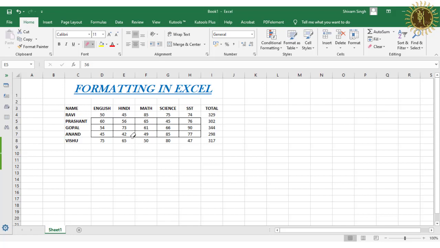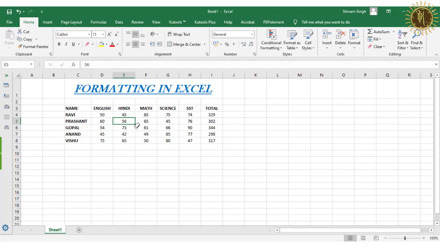Now click on the border you want to delete. You can see the border is deleting. Okay, so like this you can delete the borders. So the whole borders have been deleted through erase borders.